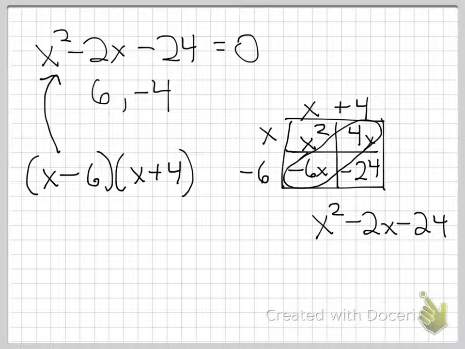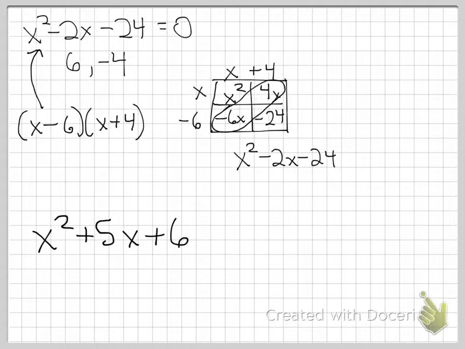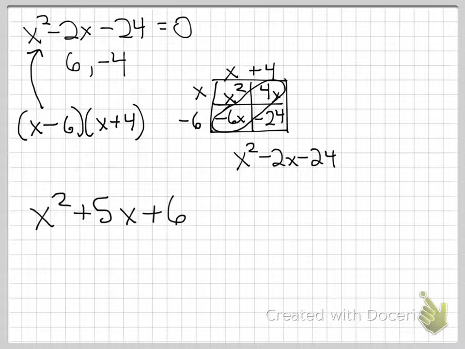Okay? We'll put another one up there before we go further into a pattern and see if things are still working the same. Let's go x squared plus 5x plus 6. So if we went to reverse the multiplication of that,